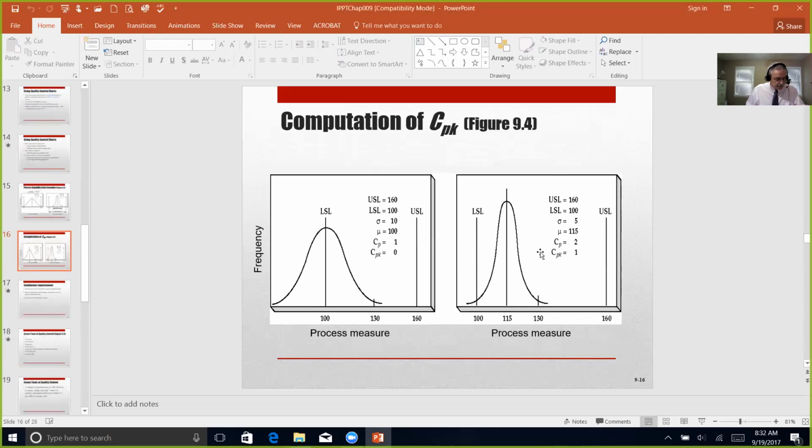Up at the top of page 200, they give us table 9.2, which gives you an example of how sometimes quality that we say is good enough really is not good enough, and they give you a few of those examples there. One of the problems with Cp is that it requires the process to be centered,